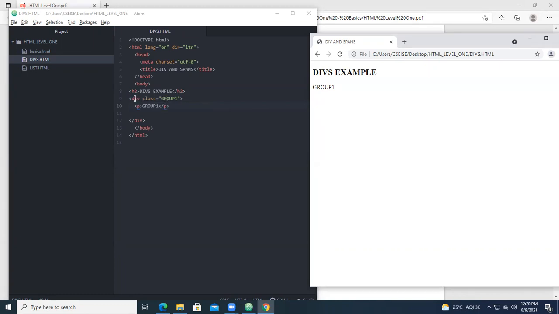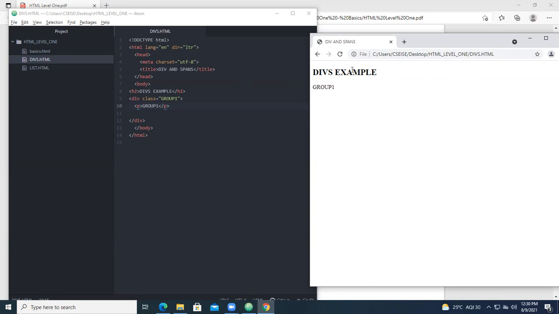Illustration of the div class can be understood only when you understand CSS. Okay, so div is one of the classes, because the entire web page can be divided into so many sections: division 1, division 2, division 3, and division 4. That's why I'm telling, division should be applied only when you learn CSS.